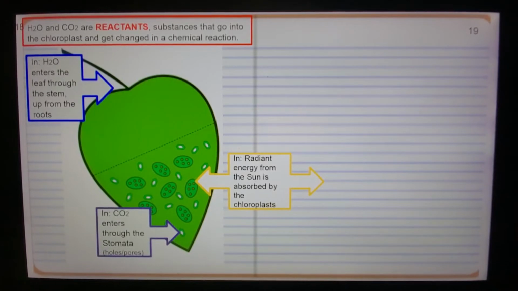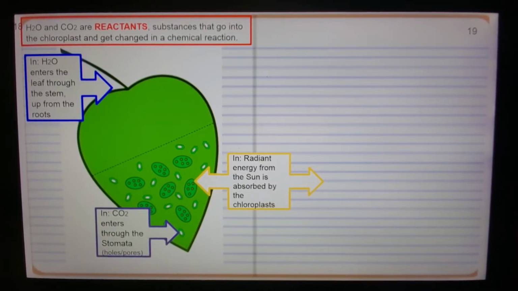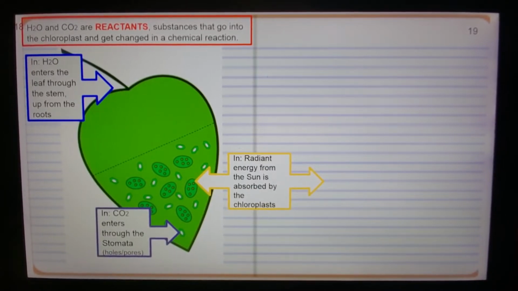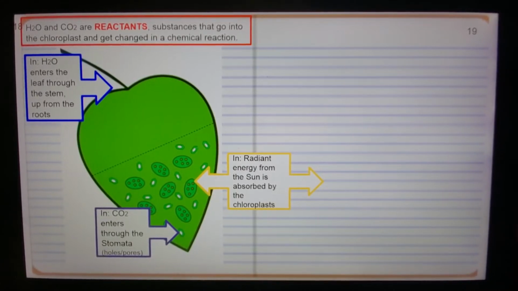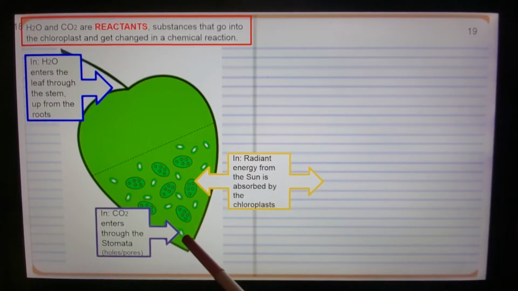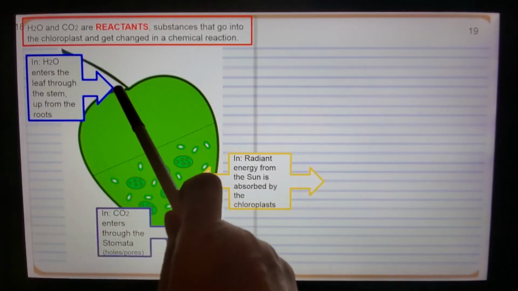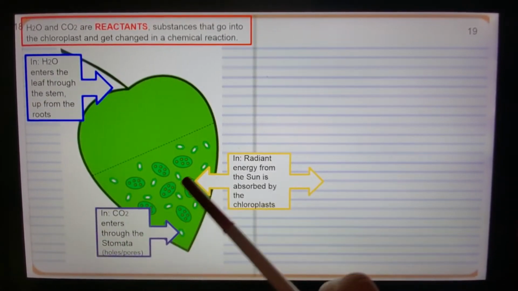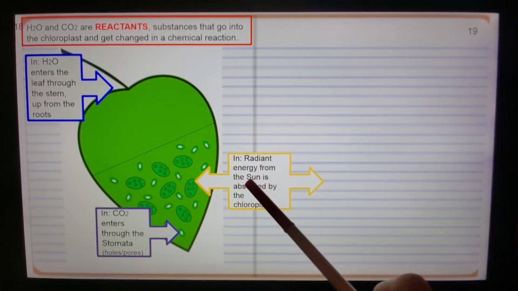So on our page 18, you should have drawn the leaf. And really what we're doing, we're zooming in from that plant into the leaf. But I want to make sure that I don't confuse you by this. So we have the leaf and it's showing that carbon dioxide enters into the stomatas that are on the leaf. It also shows that water enters through the stem into the leaf, and that radiant energy from the sun is